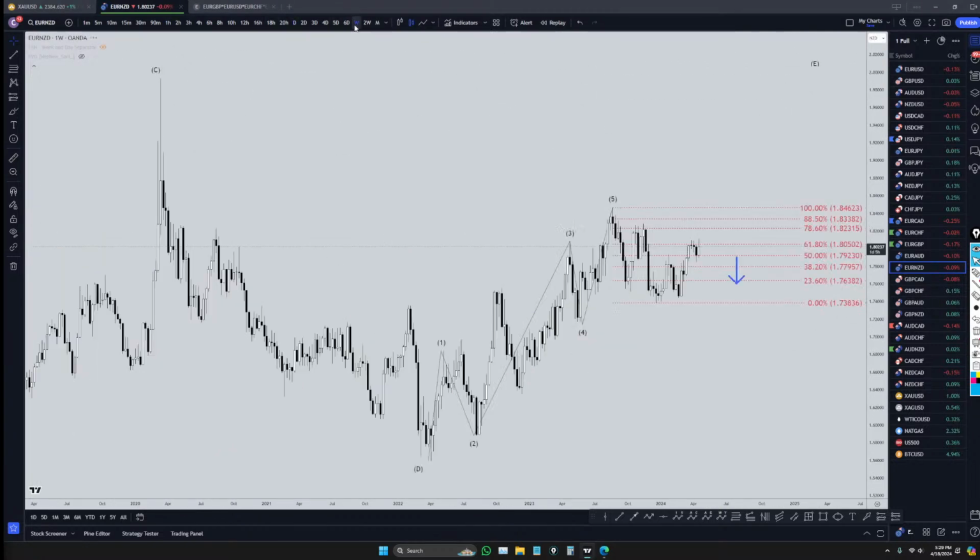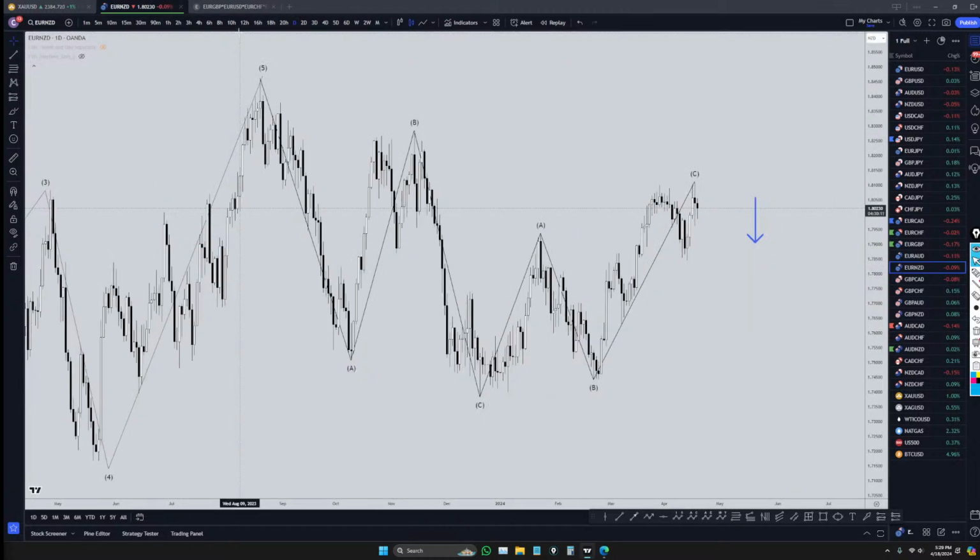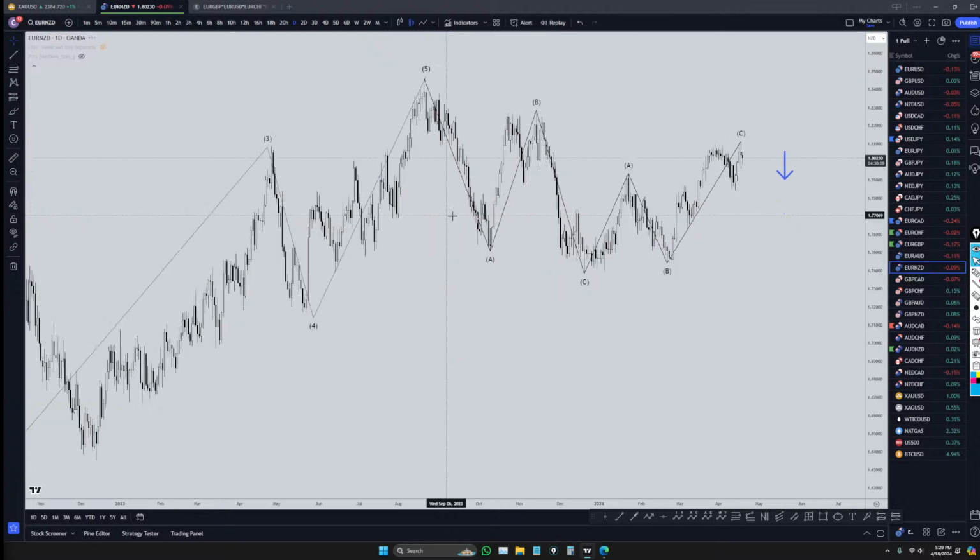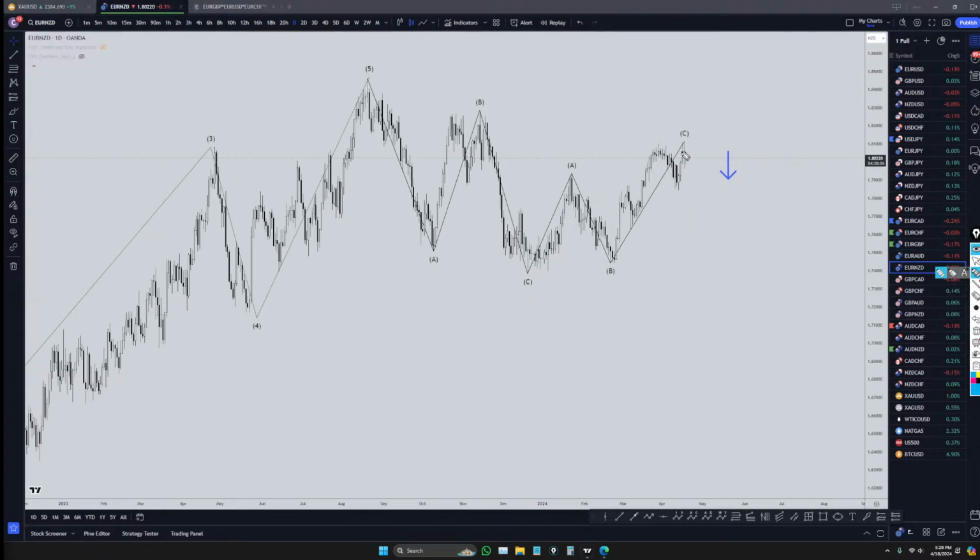I've been kind of going back and forth on this because originally I thought this was going to keep going up, but I think it is forming either a WXY or some sort of a flat, especially when you look at correlated pairs. I was thinking that it should at least go up and take out these highs, so I'm kind of back and forth on it, whether it's an ABC or 1, 2, 3 on the time frames. But it kind of looks like a 3-3 pattern, 3 waves down, 3 waves up, should lead to either 3 waves down or 5 waves down, depending on whether it's a flat or a WXY. So yeah,